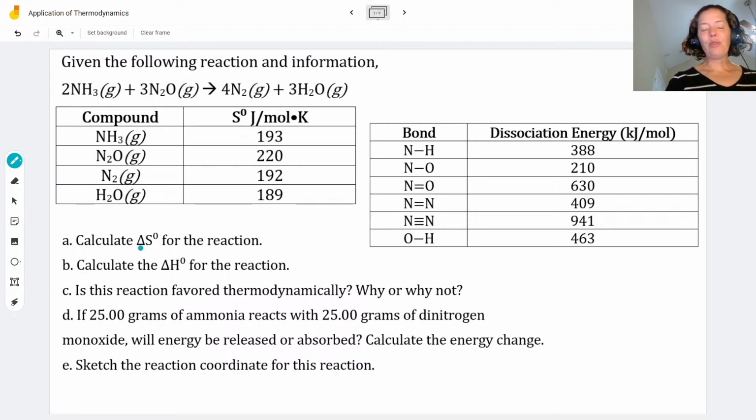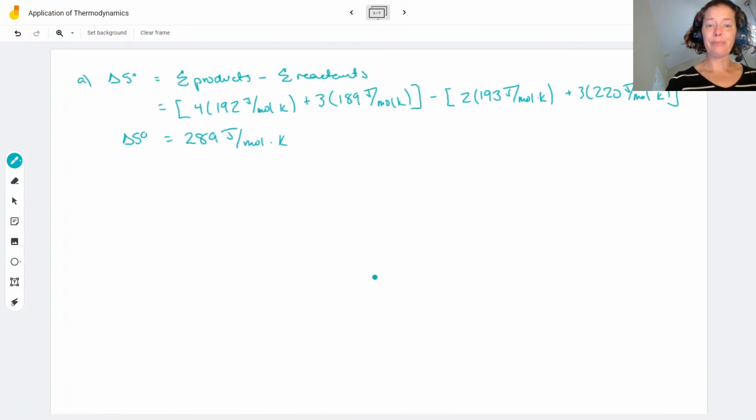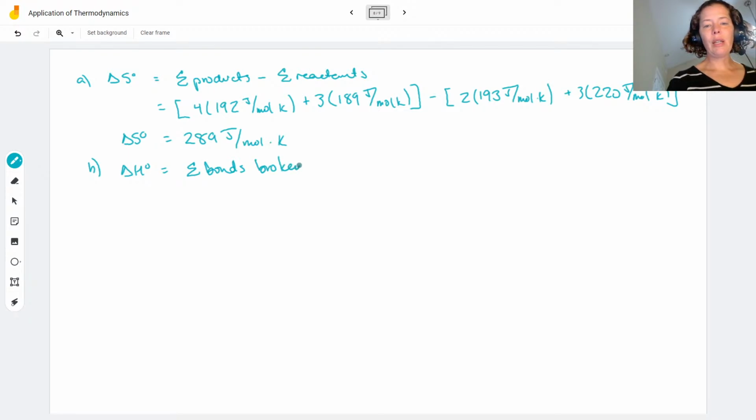Now we can't use our delta G equals delta H minus T delta S because we don't have delta G yet. So we're going to have to calculate delta H another way. We're not going to use this table because that is for entropy. Again, we've got bond energies here, so we're going to do bonds broken minus bonds formed. Okay, so for part B, our delta H is coming from the sum of our bonds broken minus the sum